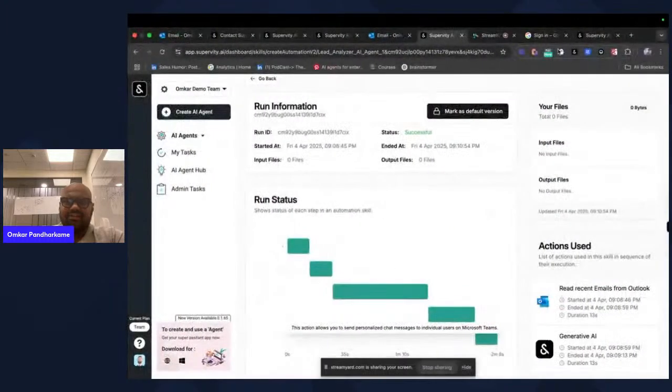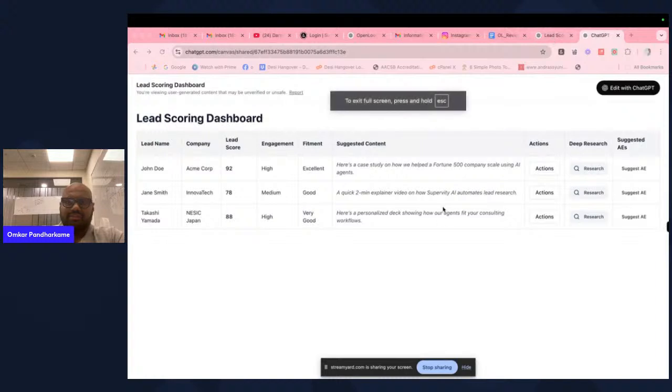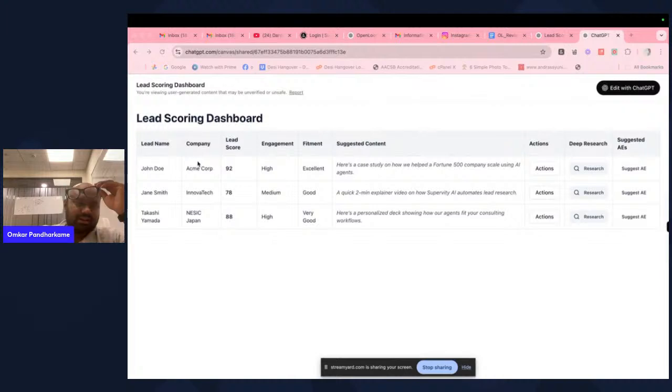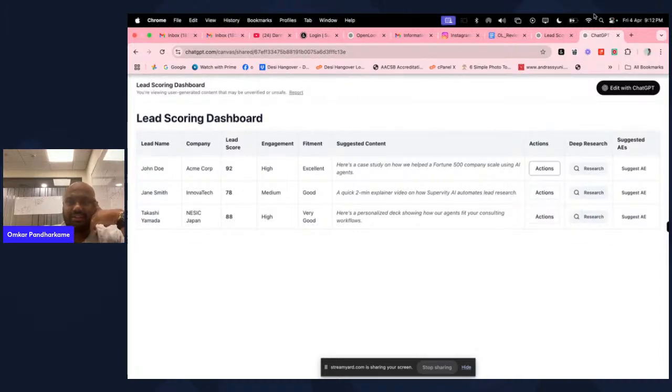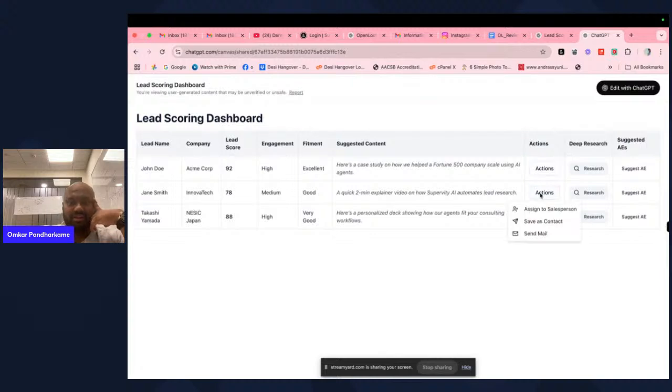And the best thing is that essentially what will happen in the future is that you will start looking at a dashboard like this, where I'll get the lead name, the company name, the lead score, the engagement, and the fitment. I'll also start getting the suggested content. I'm able to see what actions they have, like assign to salesperson, save as a contact, send an email, everything around it, right?